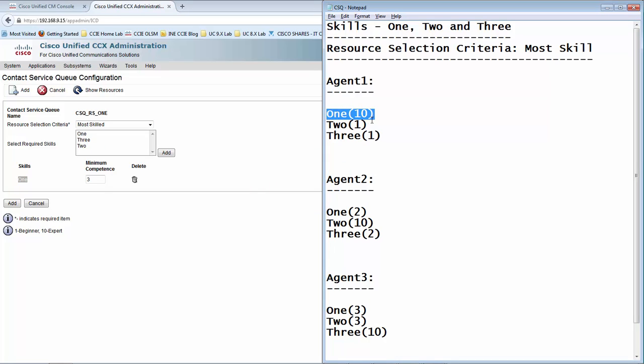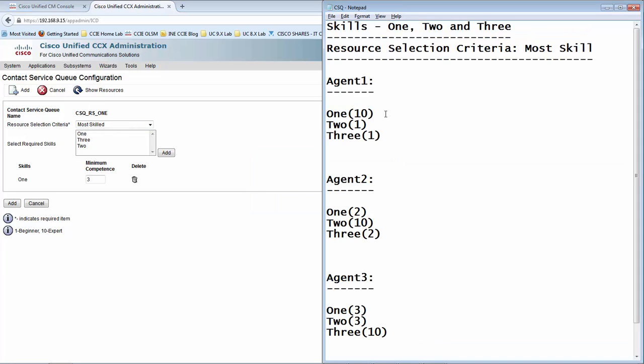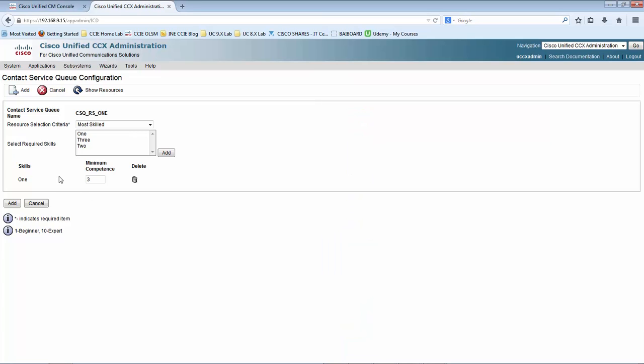And if a second call comes and this agent is still busy on a call, it would pick up agent 2. If not, let's say the second call is coming and none of the agents are busy right now, it again goes ahead and picks up agent 1, because the resource selection criteria we have selected is most skilled. As long as the most skilled agent is available, it is always going to pick up that agent who has the most skill. We can make it more complex as well,